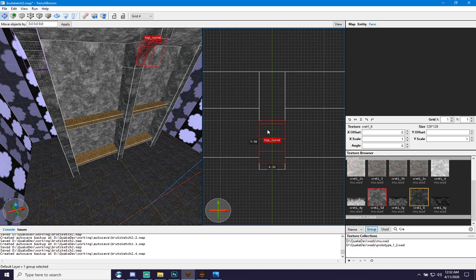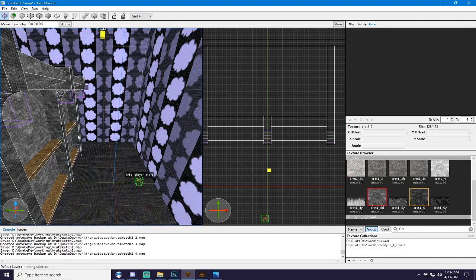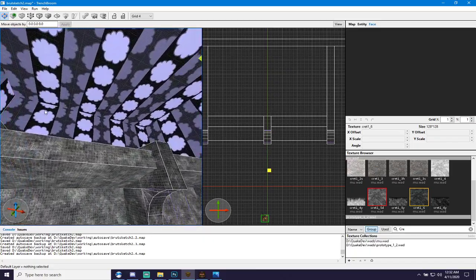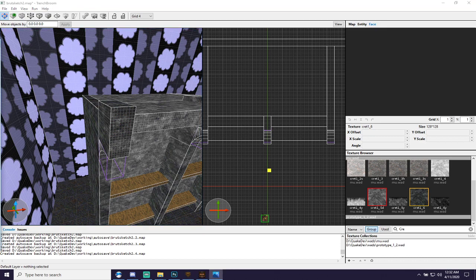The grid's too small. I can't see it. Alright. Boop. Alright. Clean curve back piece there. That's much better. I'm going to have another look to see what is going on